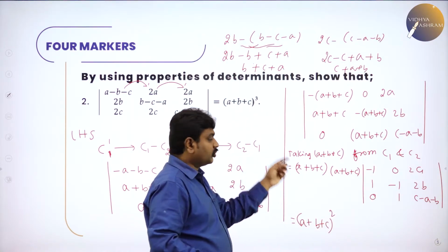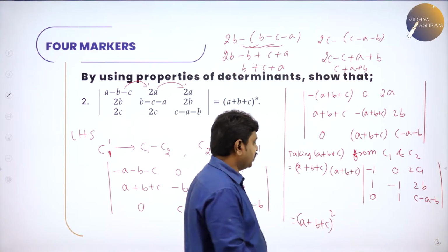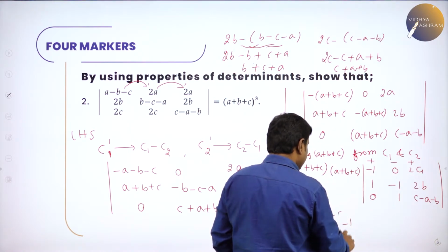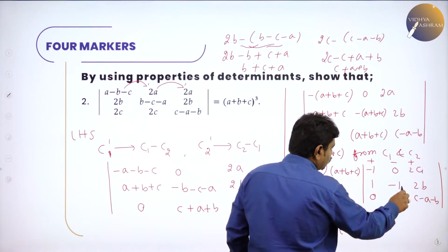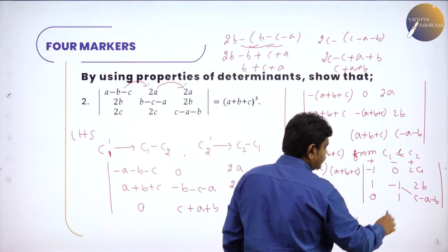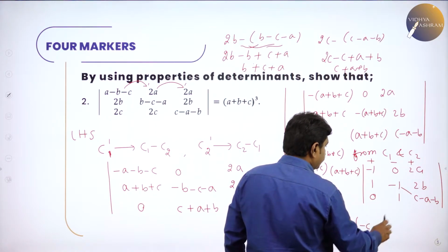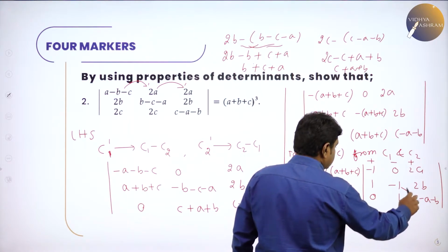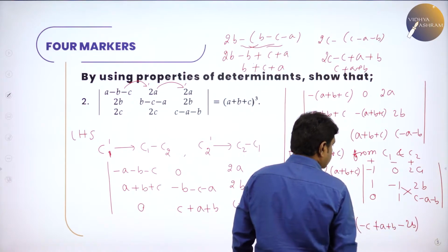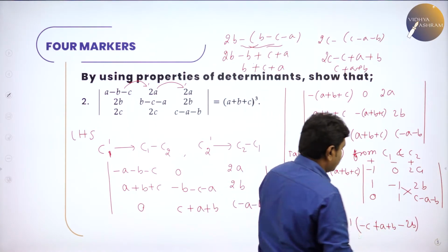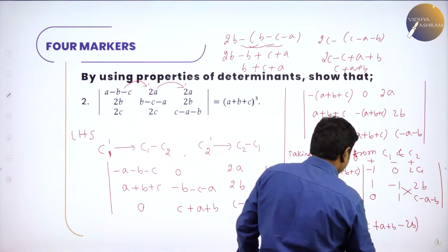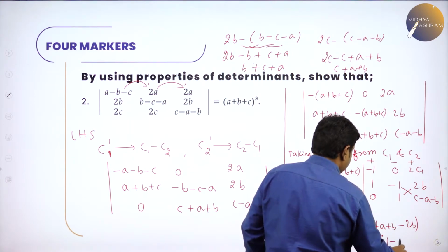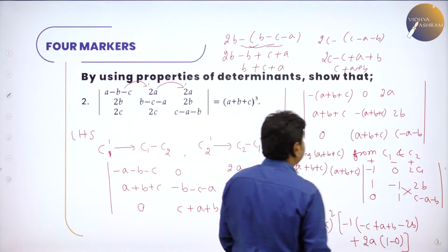So again I need the whole cube. Now you need to expand it. You know how to expand 3 cross 3. So plus minus plus. Plus into minus is minus, minus 1 into, delete the column, delete the row. If I multiply minus 1 into this, all signs change. Minus 1 into c is minus c, it will become plus a plus b, then minus, so multiply these two, it will become 2b. Then 0 into anything is 0, leave it. Then the last element, what is the last element? Plus, the last element is 2a, delete the column and row, you'll have 1 ones are 1, minus 0. Simplify this, I'll write this above.